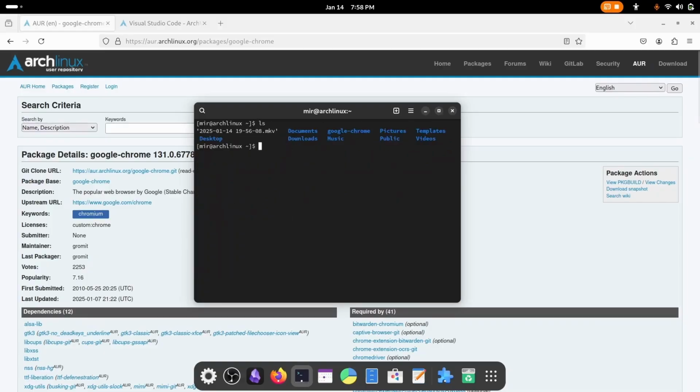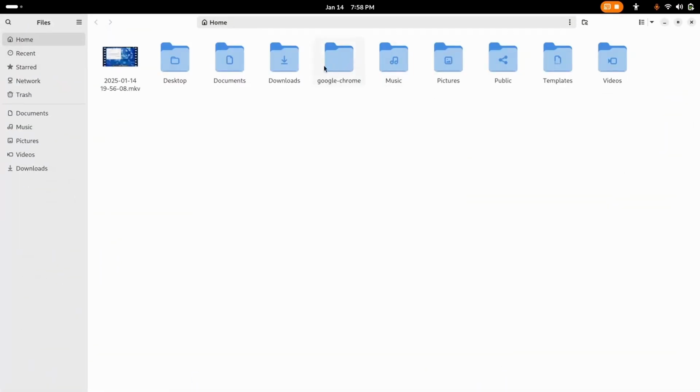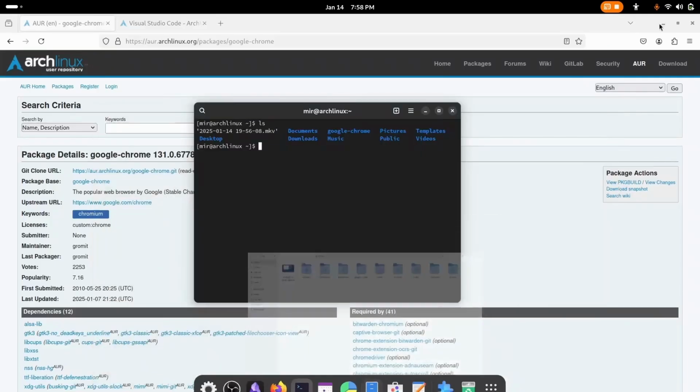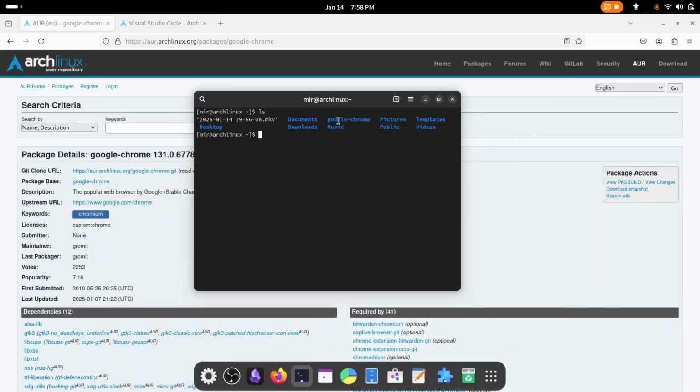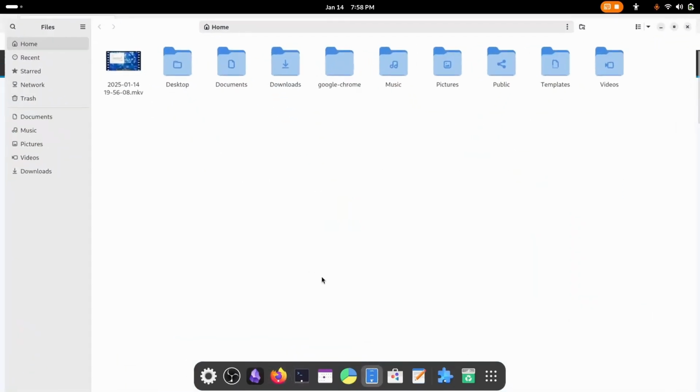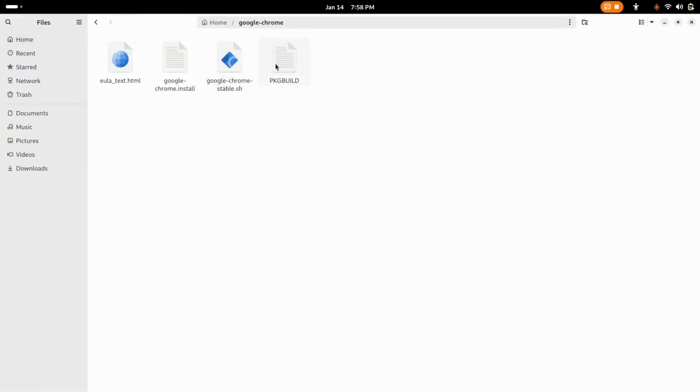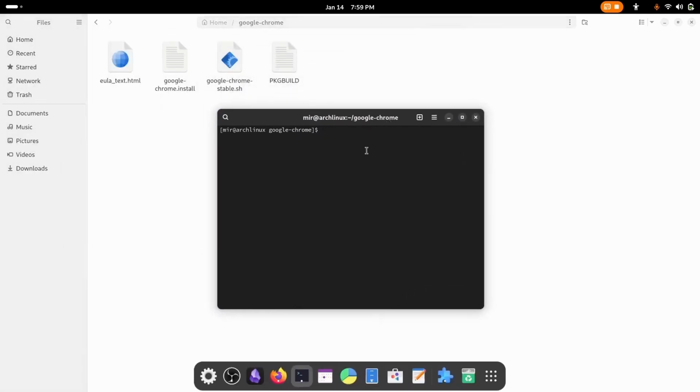Now redirect to the page what you just cloned, Google Chrome. You can see at home and Google Chrome. Okay, either you can directly redirect from command line terminal, or you can open this folder repository and open console here. Okay, then write command makepkg -si.